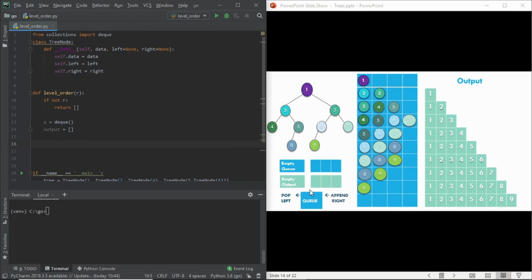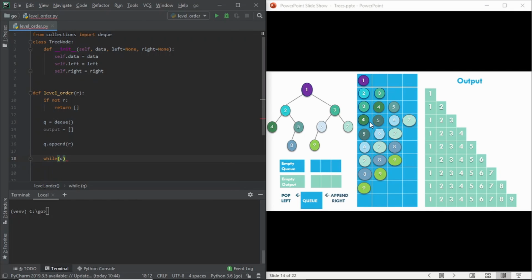Then we added the root node to the queue, so we append the root node. Then, while the queue is not empty, we were performing some operations. So we will implement that part.